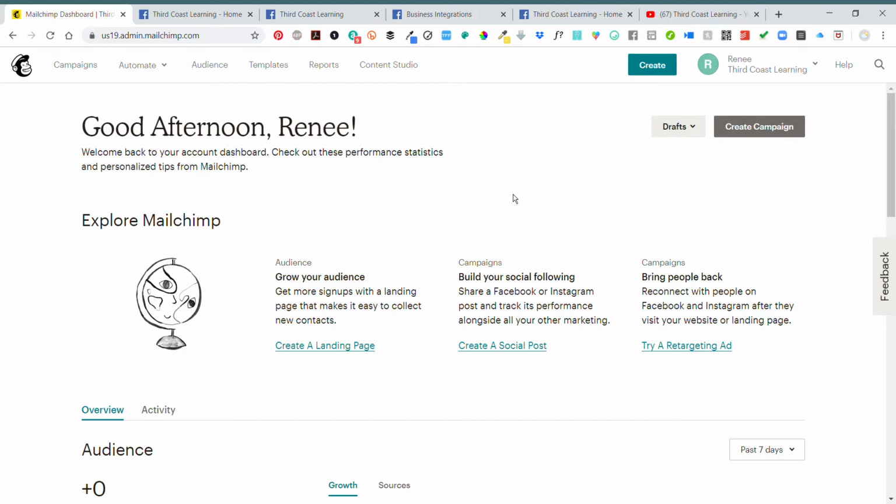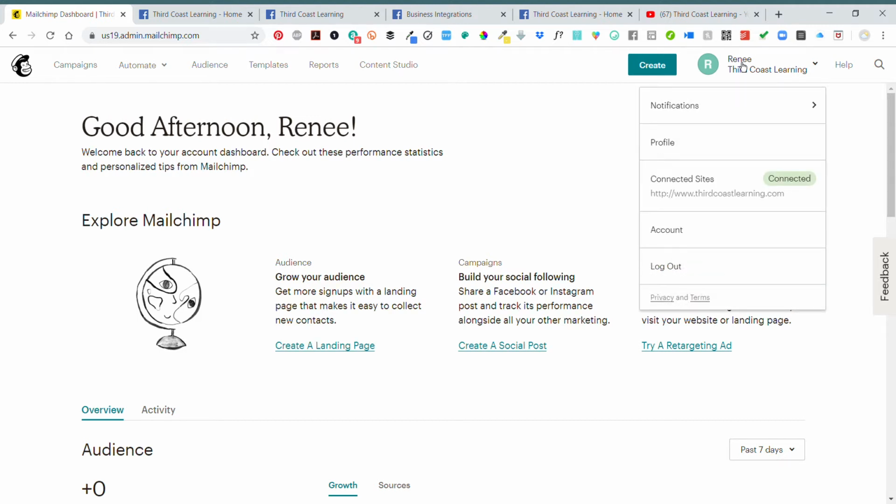And since I already have this set up, mine's going to look a little bit differently than yours, but I'm going to show you the areas of both accounts where you go in and you can make any of these changes. And if you do have any errors or have any trouble, I'm going to show you where you go in to double check and see if all of these features are enabled so that it can work. So again, once you're logged into your